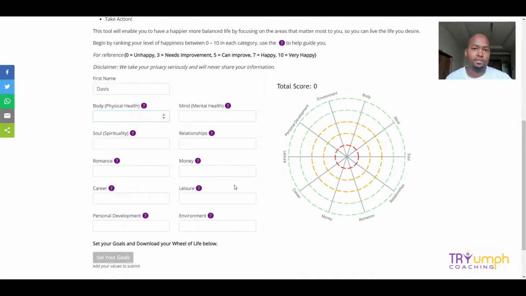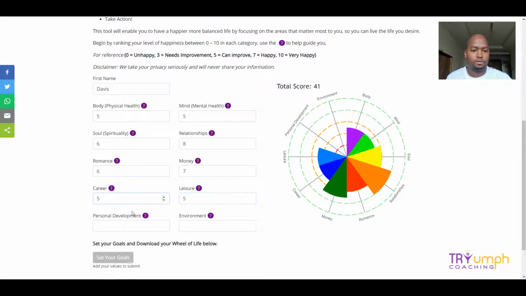So for each of the 10 categories, just enter a score between 0 and 10, and it can also be to one decimal point. So 8.5, 5.2, anything like that. So for the first category here, we'll enter 5. I'll just do 5 for all of them. And you can see on the right hand side, the table is populating. And I'll change it here maybe to an 8, and you can see it's a different size. So that shows you the representation